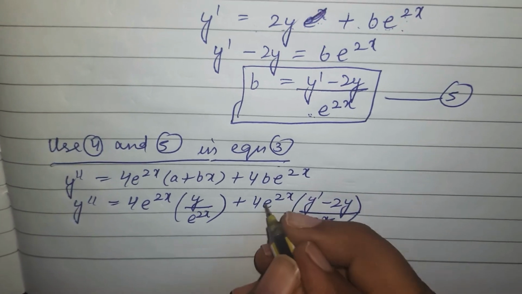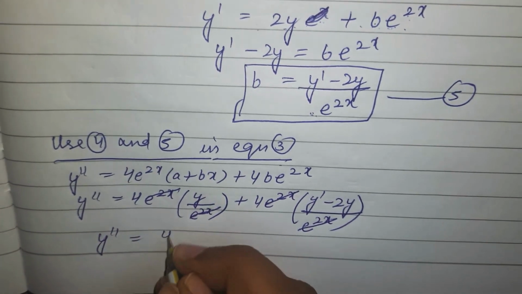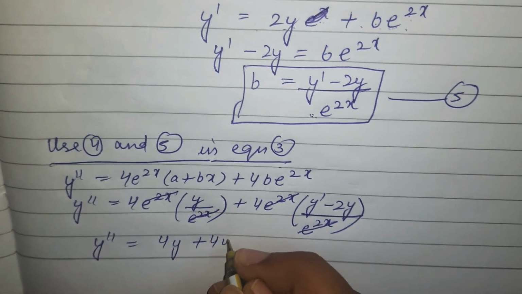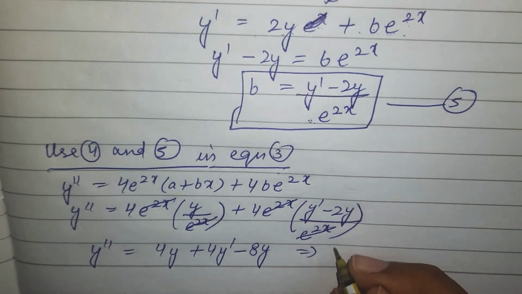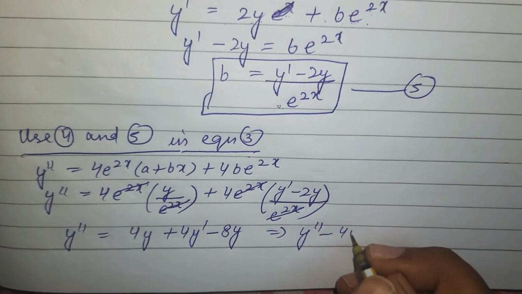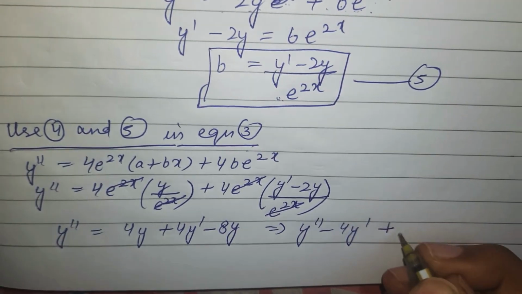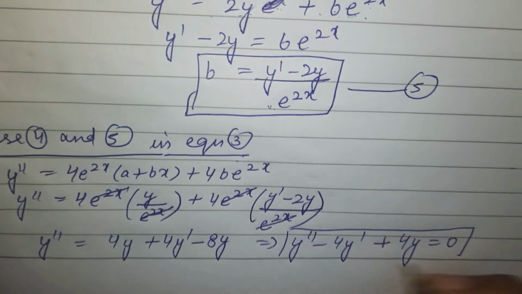So this will cancel out. This will cancel out. Y double dash, 4y plus 4y dash minus 8y. So I am getting y double dash minus 4y dash plus 4y,